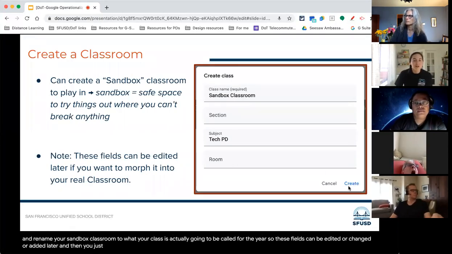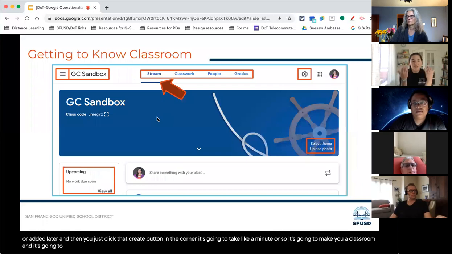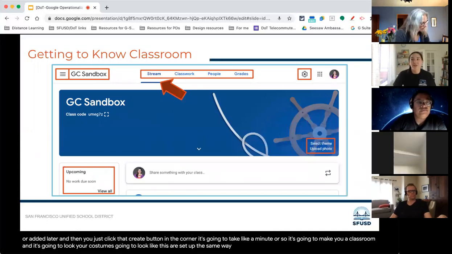And then you just click that create button in the corner. It's going to take a minute or so. It's going to make you a classroom. And your classroom's going to look like this. All Google Classrooms are set up the same way. They all have the same spaces. They all have the same